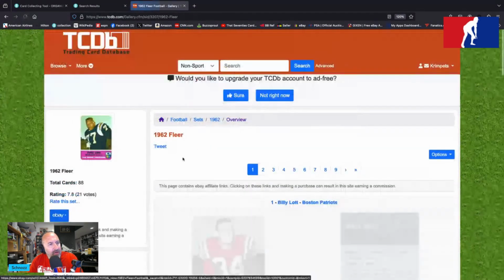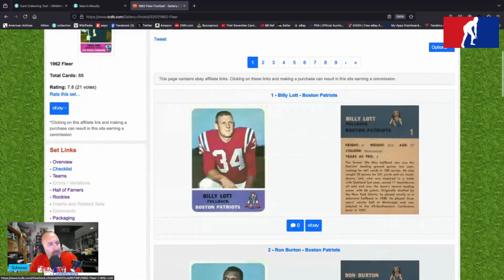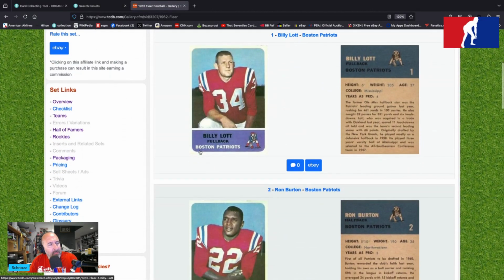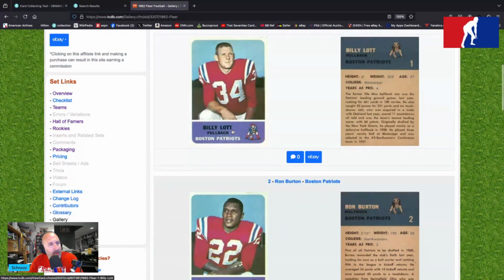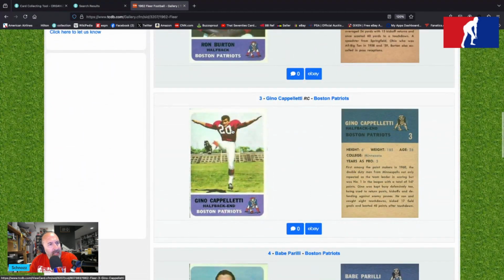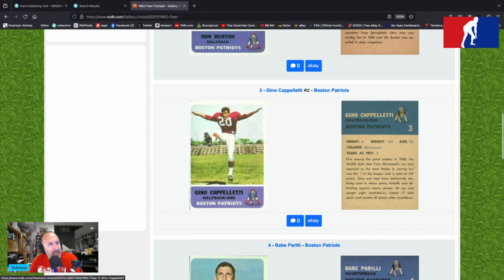Let's get to the gallery. Again, very vibrant colors on the bottom. Billy Lott is card number 1. He's a fullback for the Boston Patriots. Nice Patriots logo there on the bottom right. Gino Capoletti is a halfback and an end, but he looks like he is